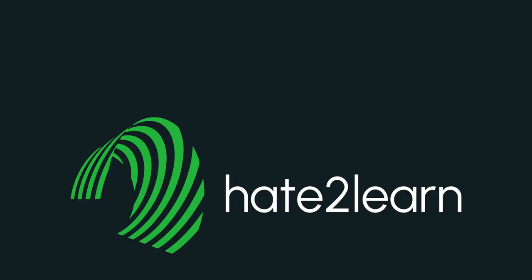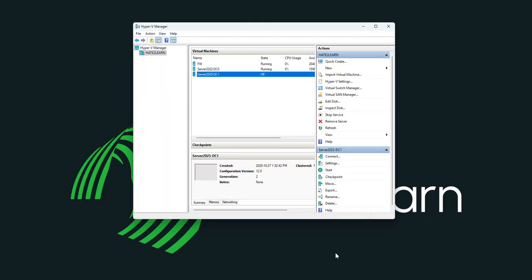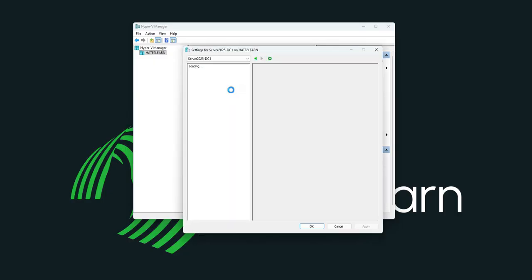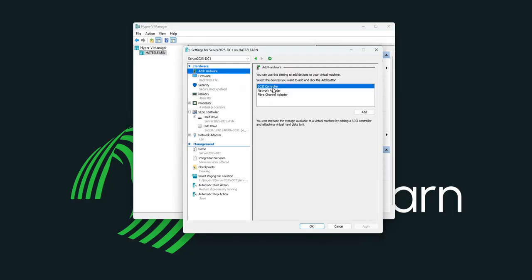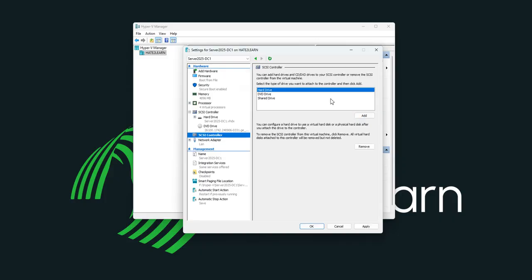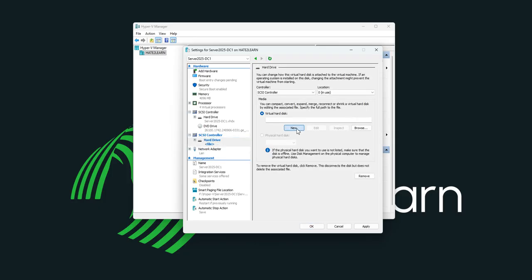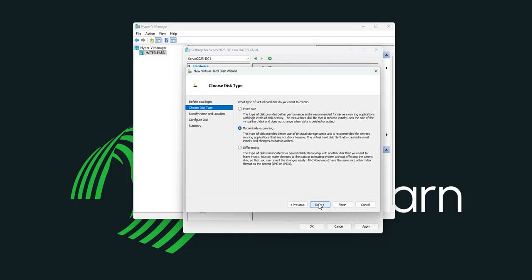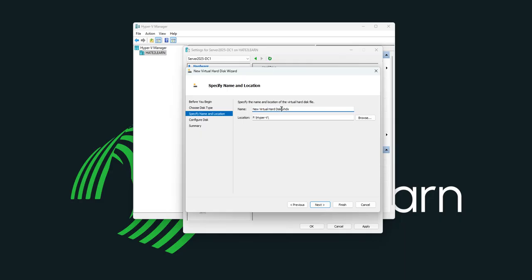Let's get started. Open Hyper-V Manager. In a previous video, I forgot to add the secondary hard drive in our DC1. I will quickly add it. Right click on DC1, go to settings, add hardware, SCSI, add hard drive, add, new, next, next, give it a name,